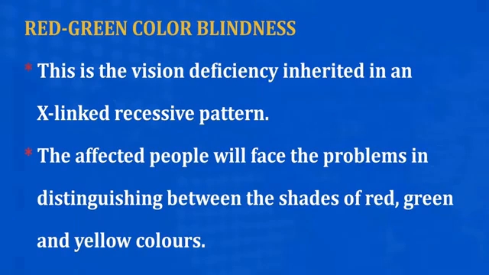Red-green color blindness. This is a vision deficiency inherited in an X-linked recessive pattern. The affected people will face problems in distinguishing between the shades of red, green and yellow colors. There are a few genes that get changed. They are